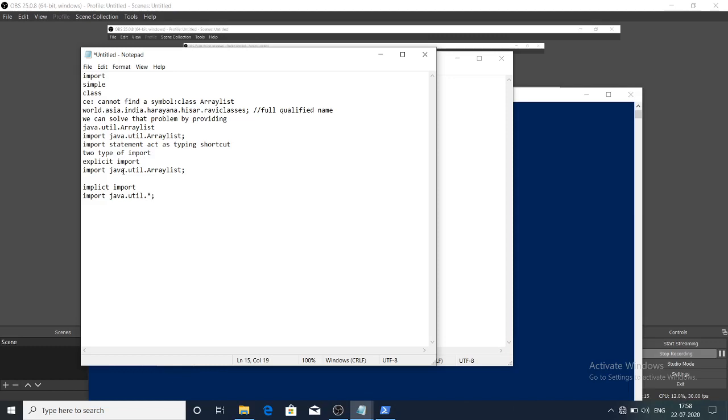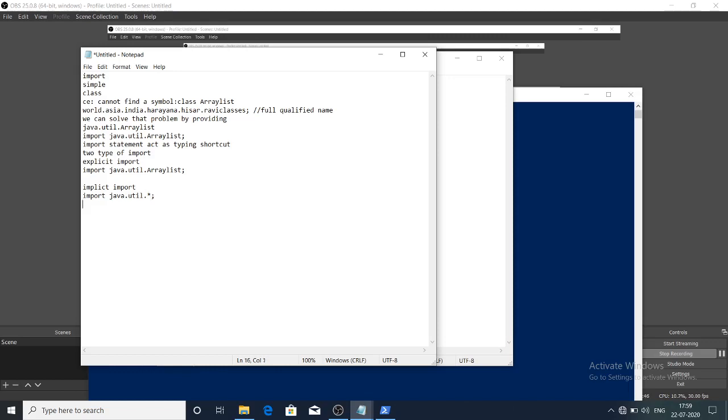So this is an example. See that in implicit, what will be the difference between them? See, in explicit, in the util package, this array list is available. It only imports that array list to our program. But when we use the star symbol, it imports all the classes and interfaces present in that util package into that class.